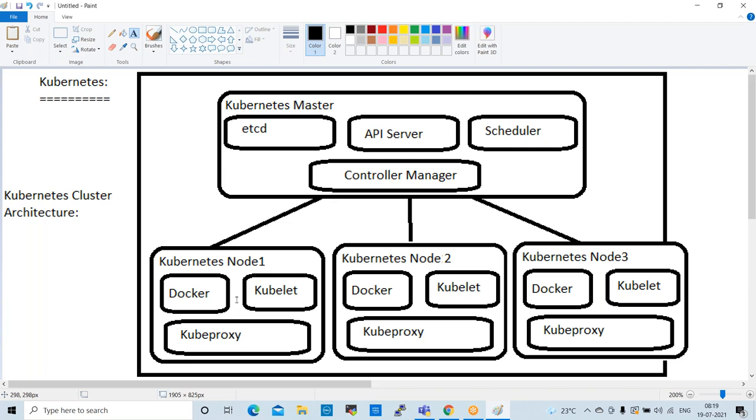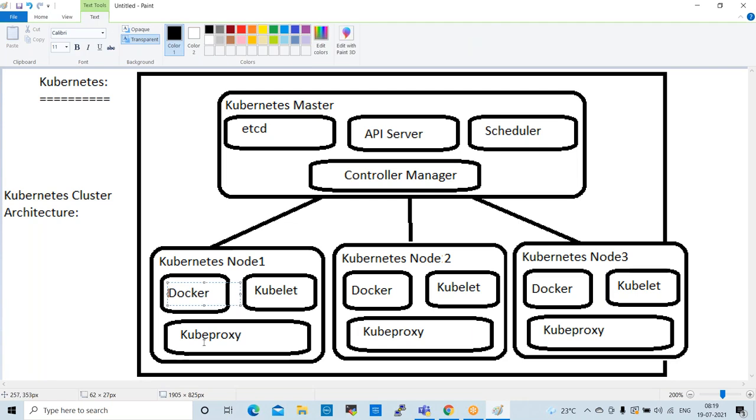Next one, node functionality. What will a node do and what are the things available inside the nodes? We'll try to understand. The first component is Docker. Docker is a containerization tool. It is a lightweight environment. Without Docker, Kubernetes will not work. Even the master also requires Docker. When we configure a cluster, at that time we need to install Docker on the Kubernetes master also, right? Docker's functionality we know already, we discussed Docker, right?